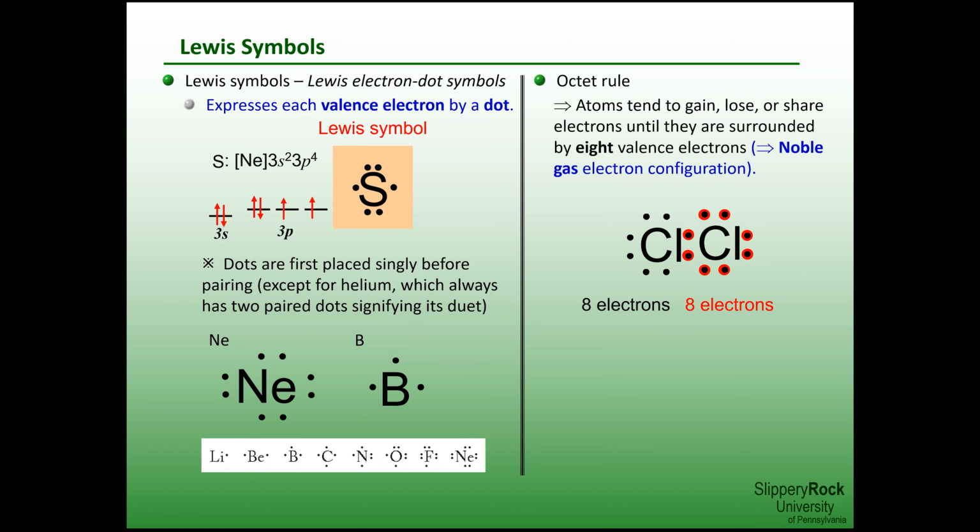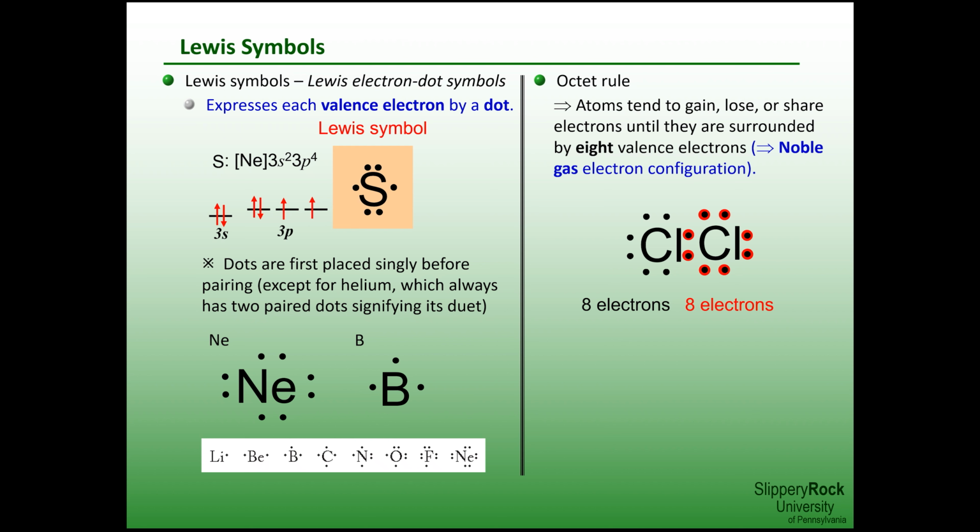Overall, Lewis symbols provide a clear visual link between electron configuration, the octet rule, and chemical reactivity, setting the stage for understanding ionic bonding, covalent bonding, and molecular